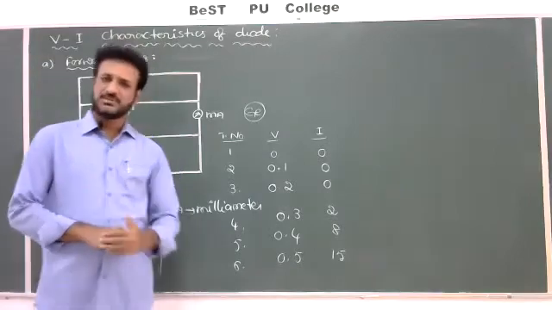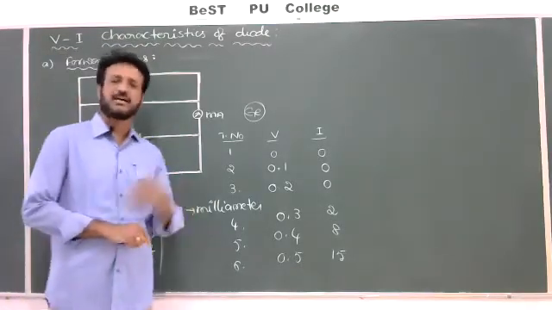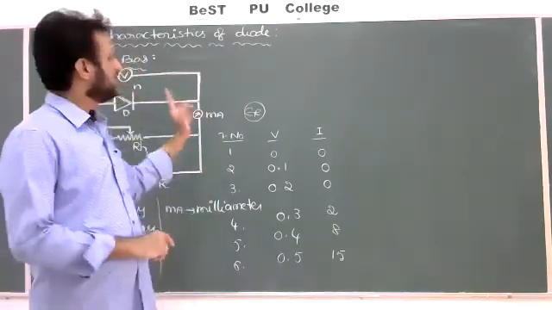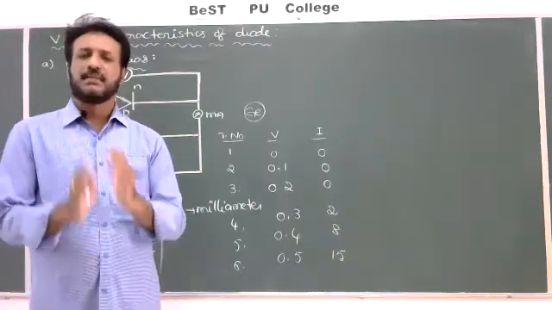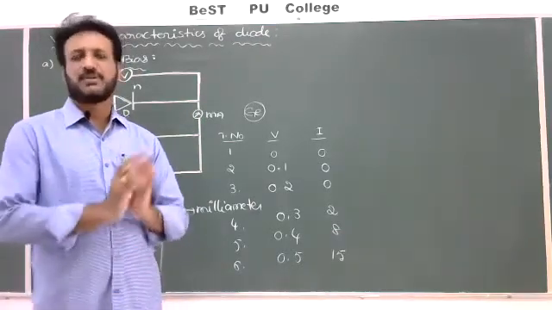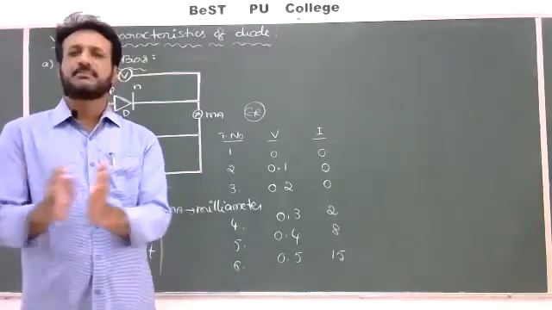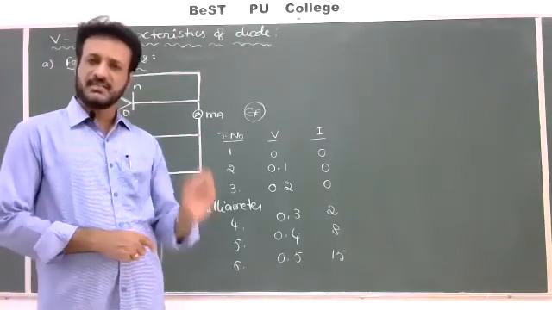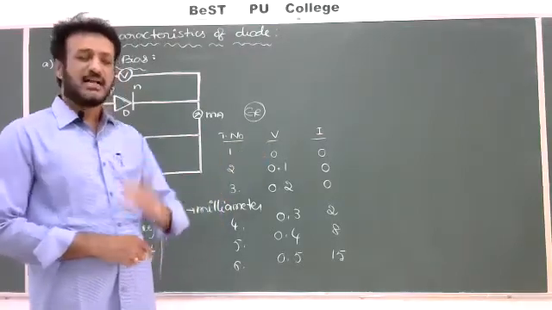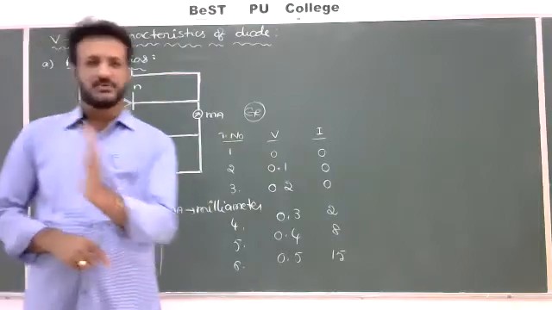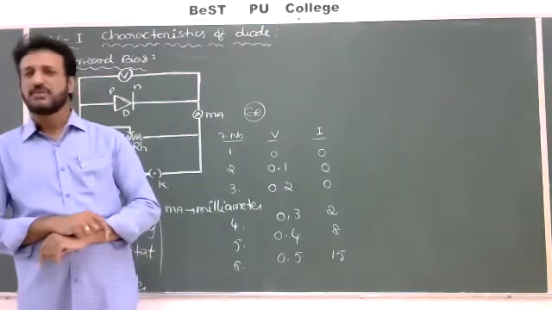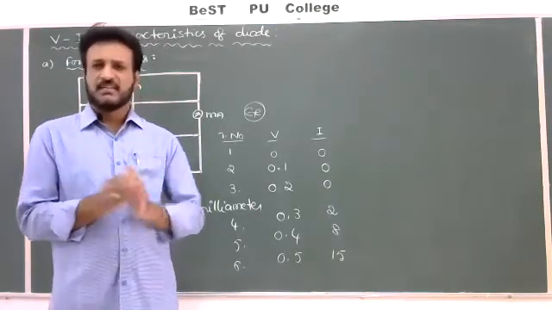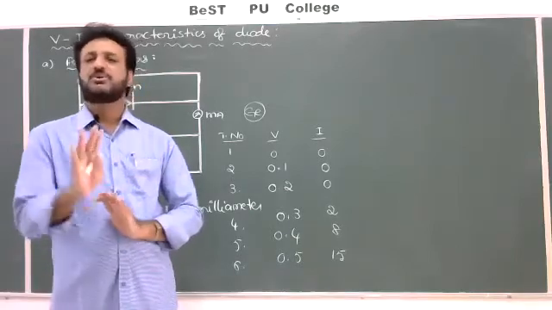What is knee voltage, cut-in voltage, or threshold voltage will be asked as a definition. When the diode is connected in forward bias, the minimum applied voltage at which the current just begins is called threshold voltage, cut-in voltage, or knee voltage. Up to knee voltage, or less than knee voltage, there is no flow of current in the circuit because there is a barrier potential, the thickness of the layer is more, and the resistance of the diode is also more, hence no current flows.